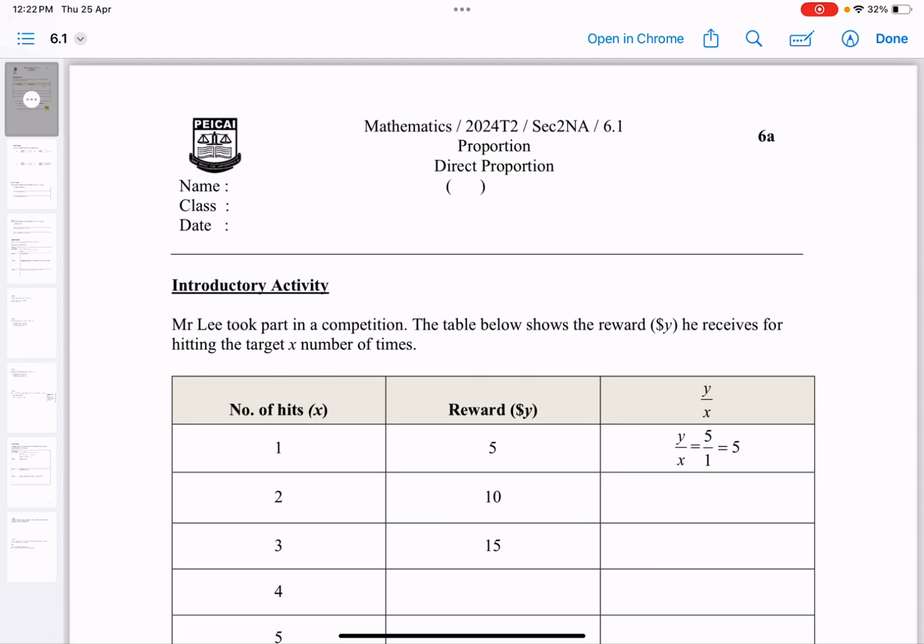But direct proportion is not so simple as one thing goes up, the other thing also goes up. There is this concept about proportion. That means when one thing goes up, the other thing must go up by a certain amount, a fixed amount. Okay? I give you an example. Let's say we use the rain. Every 1 hour it rains, I collect 1 liter of water. If it is direct proportion, in 2 hours, I should collect 2 liters of water. That is what it means by direct proportion.